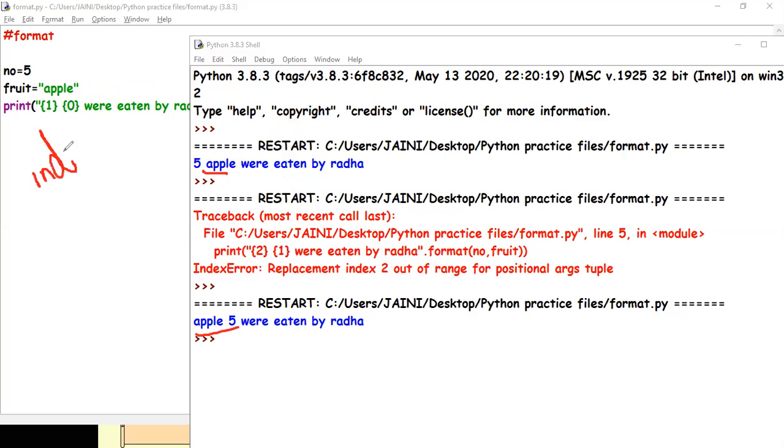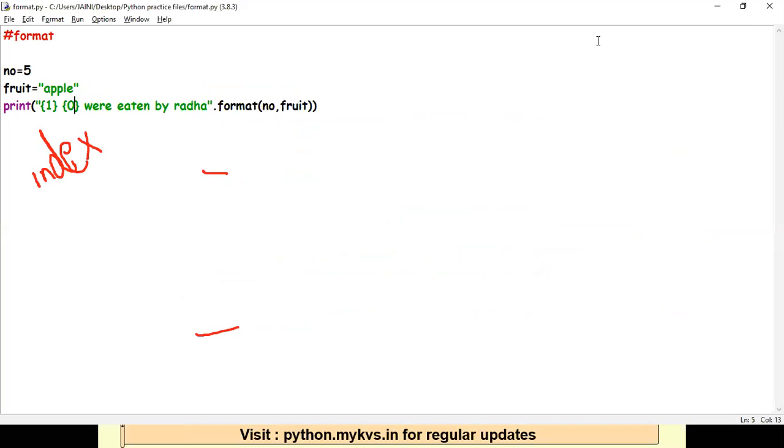Index numbers are something you will have to learn. It's kind of important in Python to know what an index number is. Index numbers work with strings, with lists and everywhere. Index numbers normally start with 0 and go up till whatever length is there. Right now over here, it will go from 0 to 1.